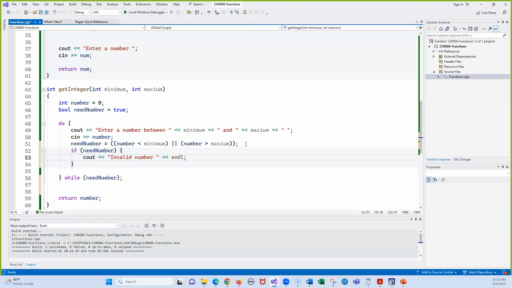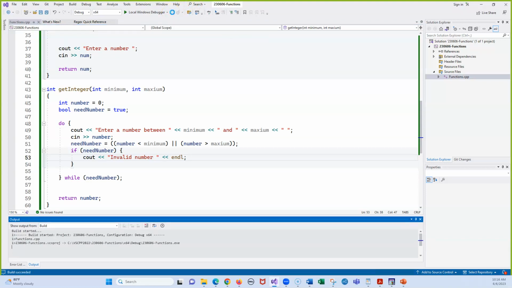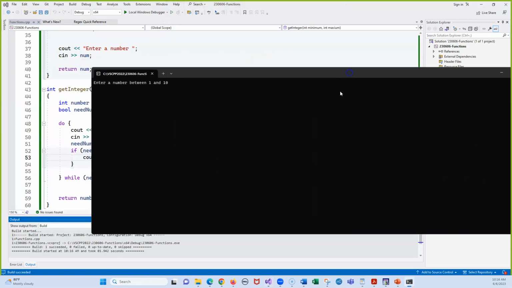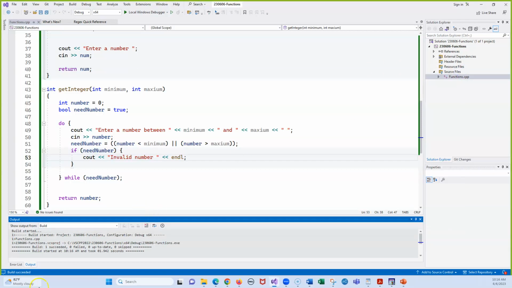Now, these are not things that you actually have to do, but these are a way of enhancing. But remember, the rule of thumb is you always, always, always want to test it, do one thing, get it working right before you make any little fancy changes in here. So let's try and do this again. And we'll type in 11. And it says invalid number. We'll type in 0, invalid number, and then we'll do 10. And that looks good in here. So far, everything's looking